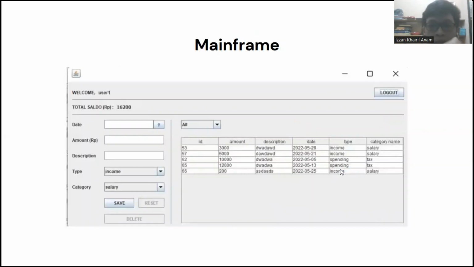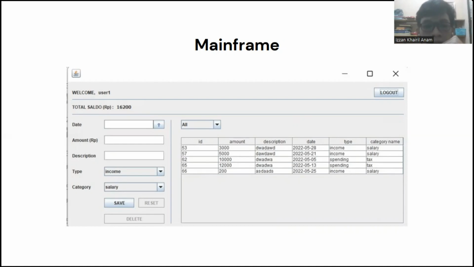Next is the mainframe. On the mainframe, we have 5 fields. The first one is date, second is amount, third is description, fourth is type, and the last one is category. On the date field, we have a date chooser, so you can choose a date from the calendar that will pop up if you click the button on that field.